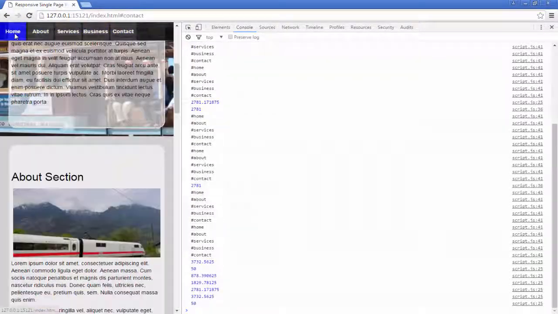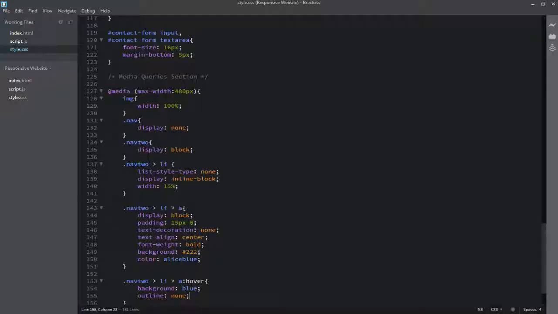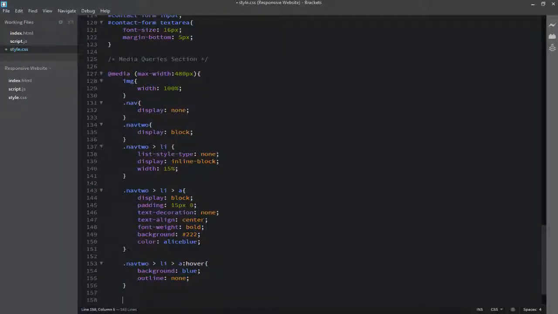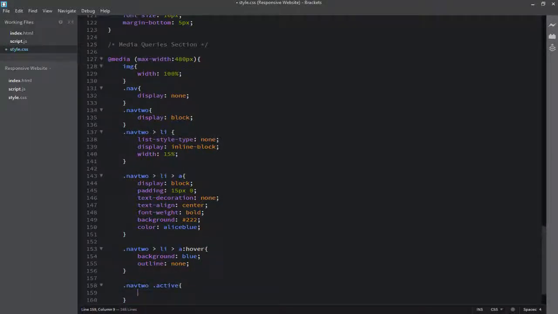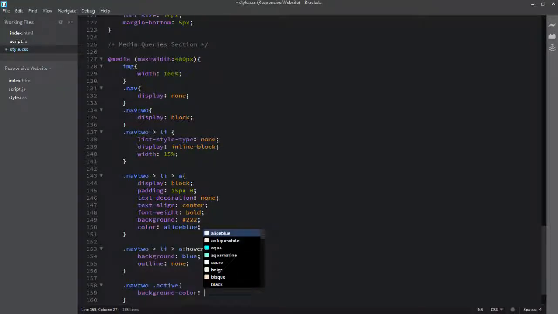Now I will define the styling for the nav2 active class. I will change the background color to cornflower blue. You can change any color you want, it's up to you.